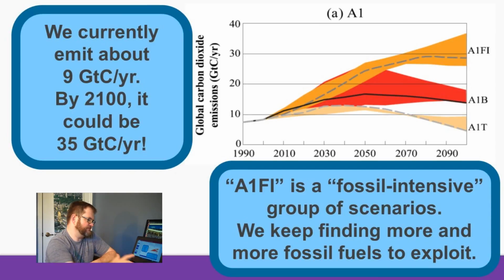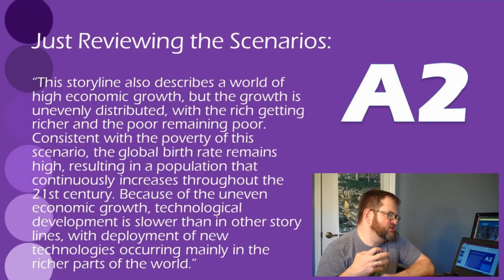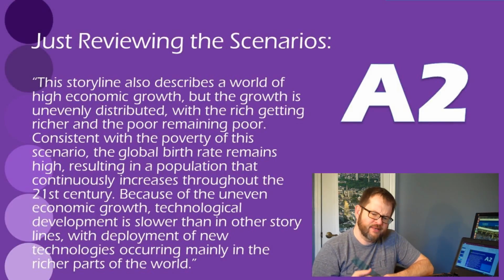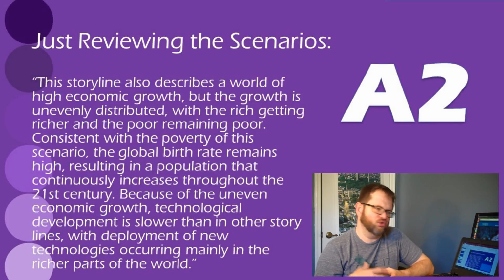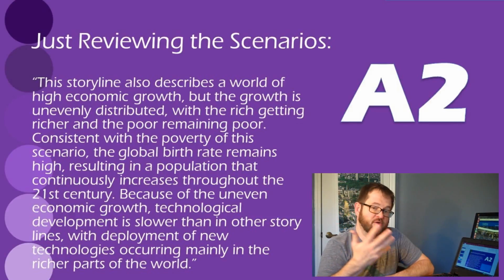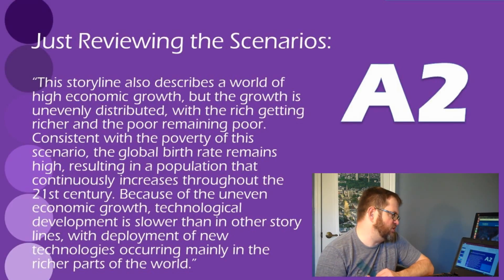from anthropogenic sources. Now, related to the A1 scenarios are the so-called A2 scenarios. And this is a storyline that describes the world with fast economic growth, but the growth is not very evenly distributed, where the rich get richer and the poor get poorer. There are complicated sociological and economic consequences to widening the gap between the rich and the poor that have unfortunate consequences for rule of law, international security, role of women, etc., and have unfortunate consequences with regard to carbon dioxide emissions and so on.